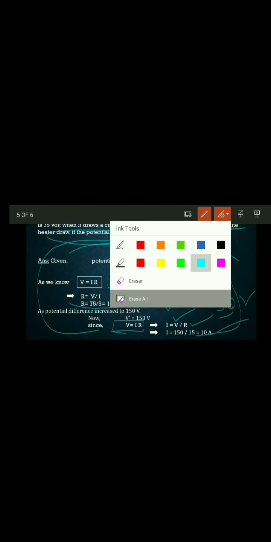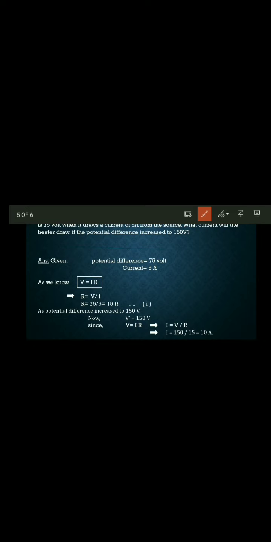Okay, this is a very easy question, but what makes the difference is your representation in your answer sheet. You have to write an answer in such a manner always, if you want to get good marks. Your answer should be different. For an easy question, everybody solves it because it is easy. So what makes it different? Your presentation. So always try to work very nicely, very neatly, and very clean.